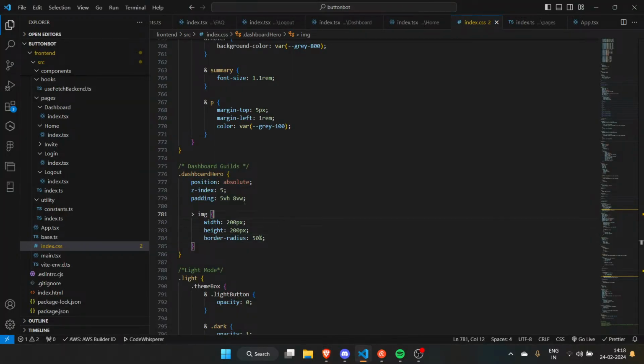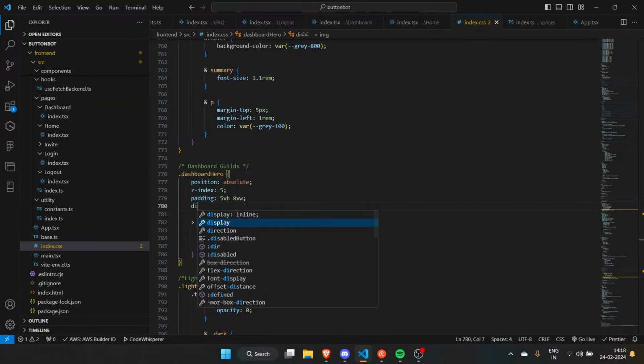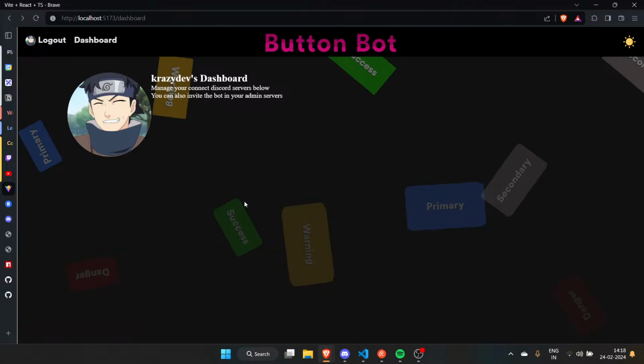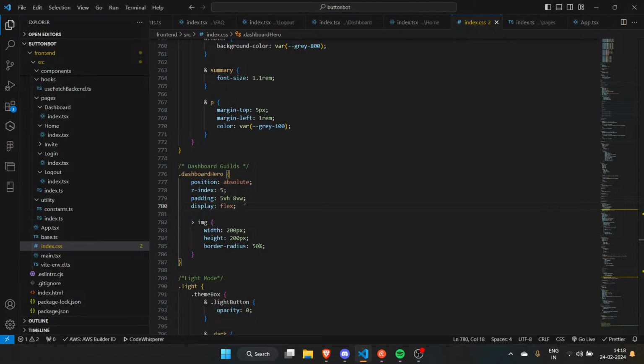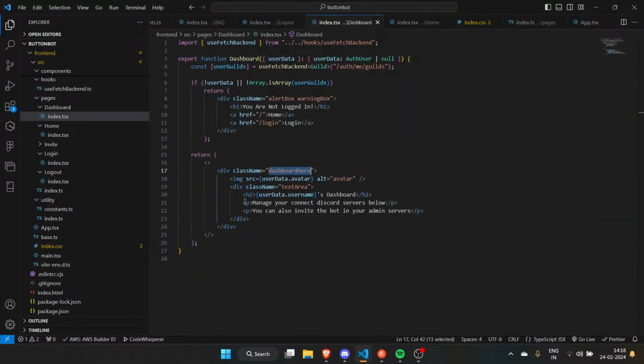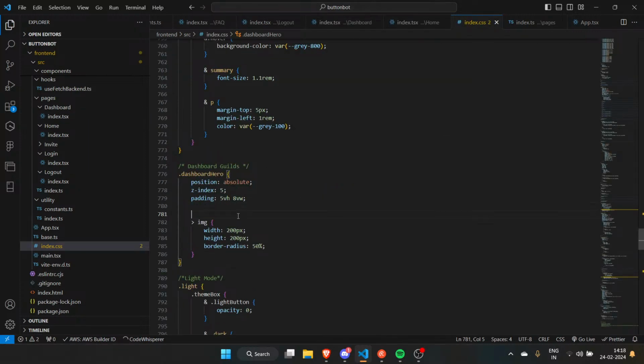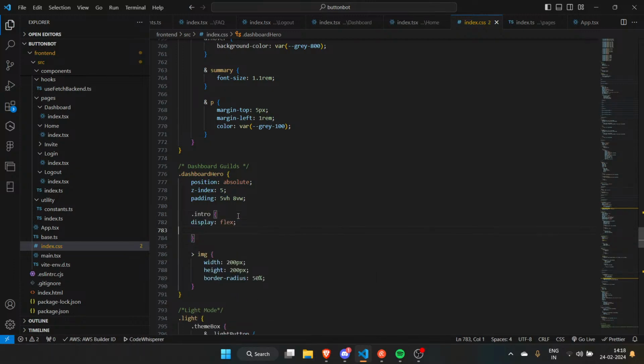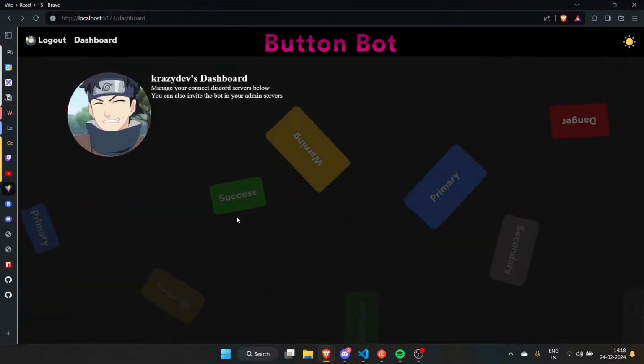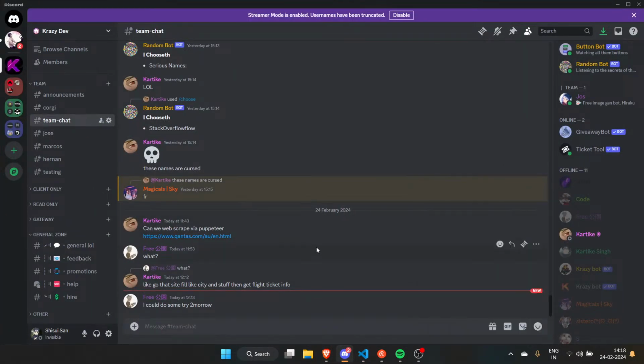Now after that, you guys might have noticed it already. I'll make it display flex. But if I make it display flex, other things can get messed up. So we need to figure something out about that. We have dashboard hero, then we are going to have a div dot intro. And then what we're gonna do is we will have a dot intro which will be display flex. And I'll just remove that, paste that here. That's improvement right there. Then we have a message from bull.